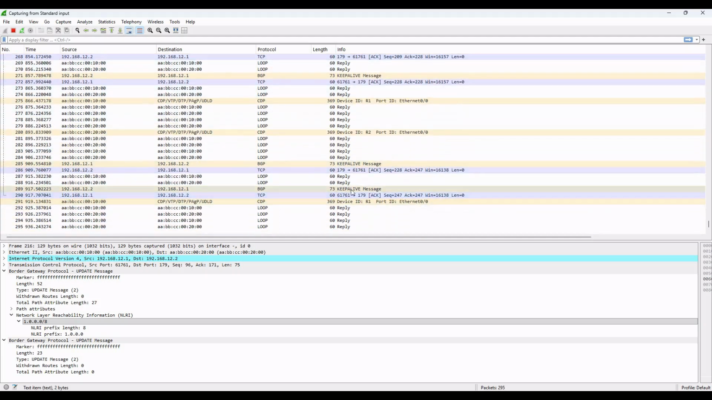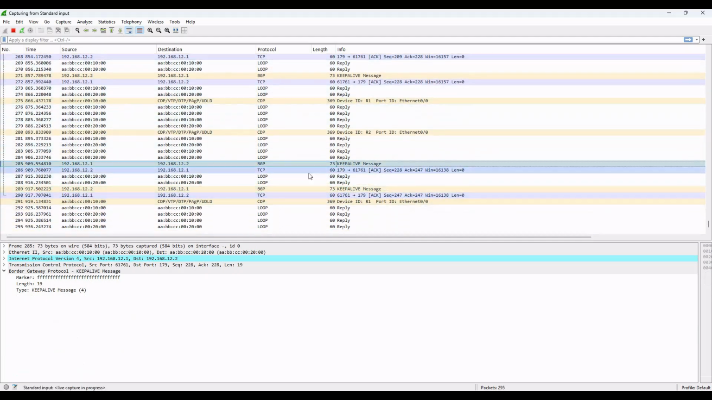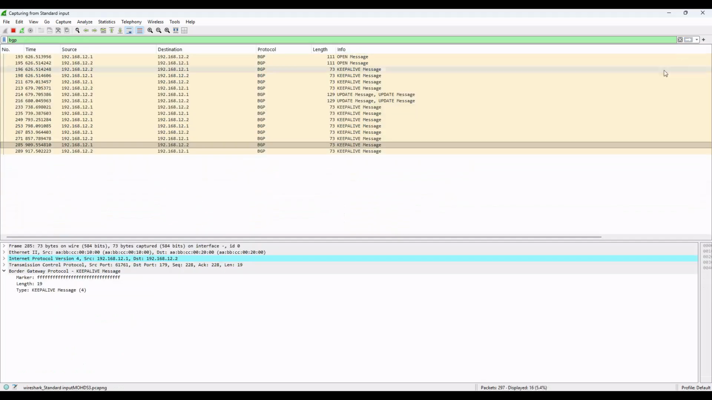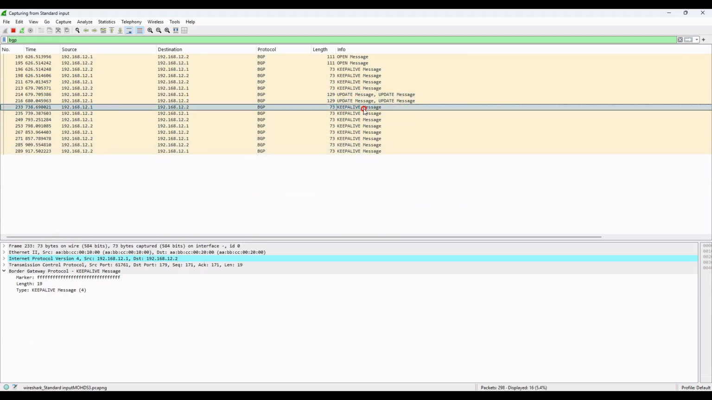So every 60 seconds you have keepalive messages. If you find it difficult to observe here, a lot of things are coming, you can filter. You can write BGP, click this, and go here and click this. So it will filter. You can see only BGP messages, not the other messages. So now, for example, you will say, okay, they updated the information and they keep